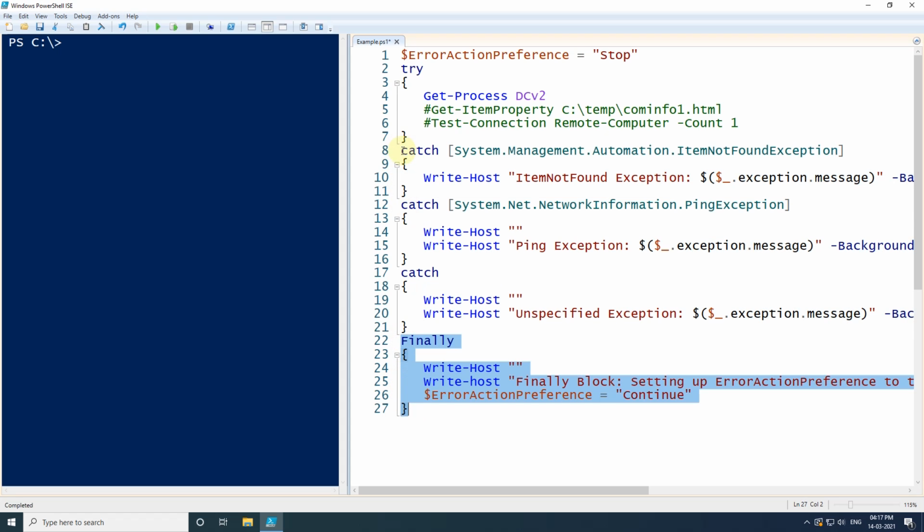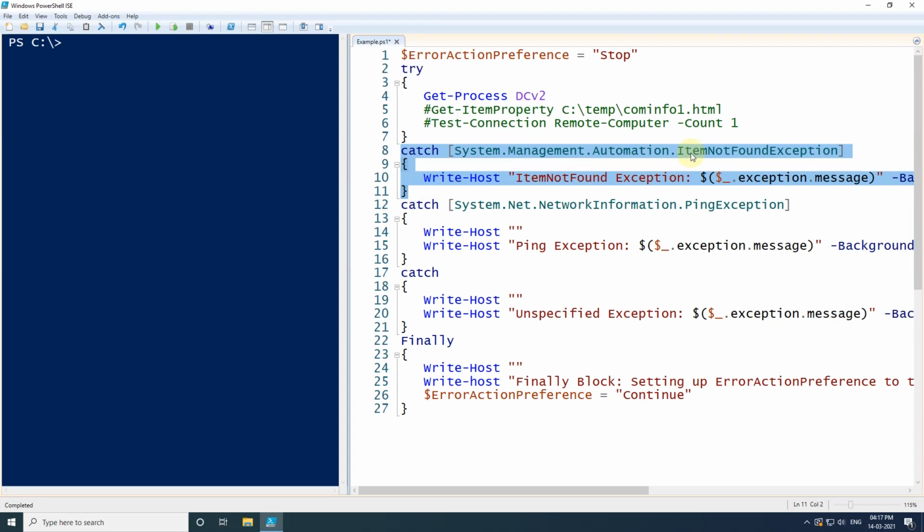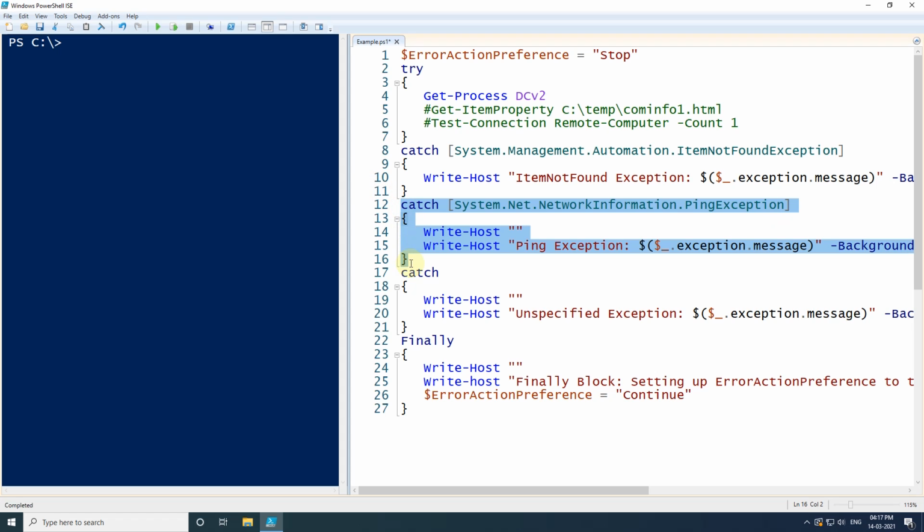In the first catch block I have specified the exception item not found. So if any item is not found, then this catch block will be executed. In the next catch block I have used ping exception. In this one, if ping failed, then this block will be executed.